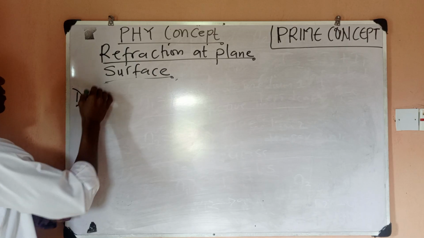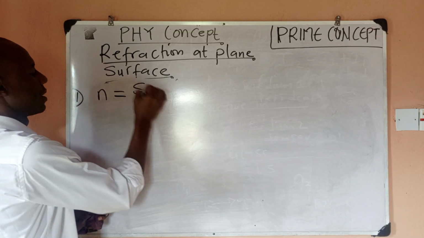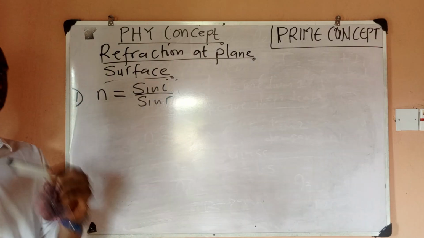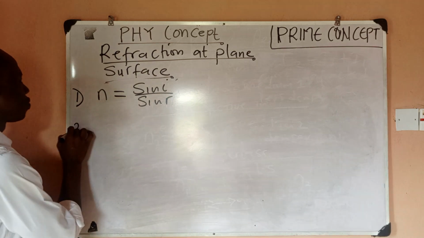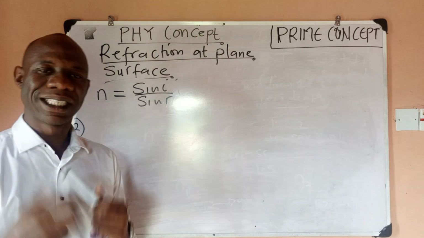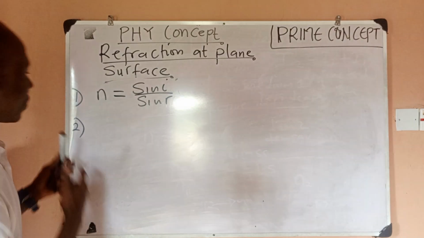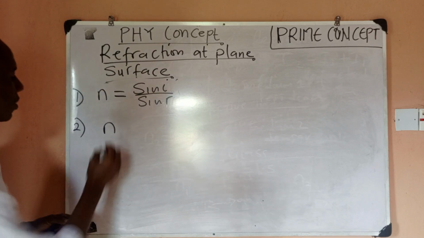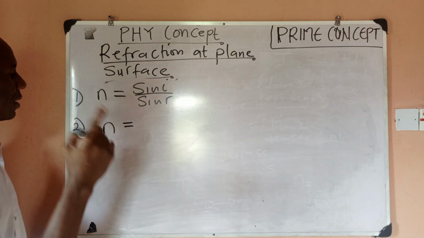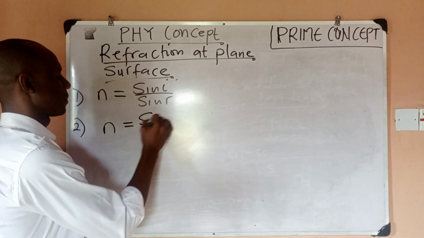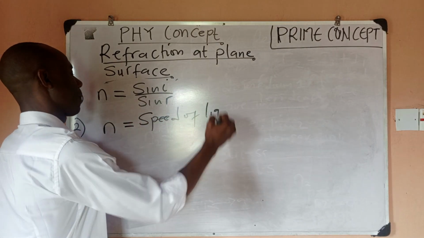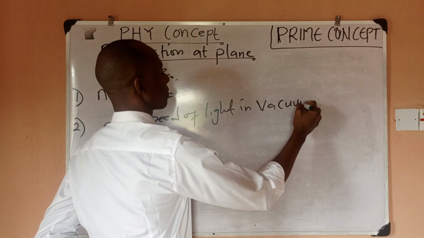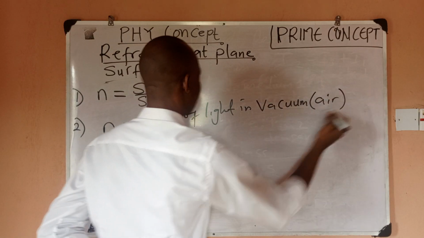Let me recap on it. Firstly, it can be sine I over sine R. This is one way we can obtain refractive index. Number 2 way you can obtain or define refractive index: let me just be using N. So refractive index N is the ratio of speed of light in vacuum, or we can say air, or we can say free space,